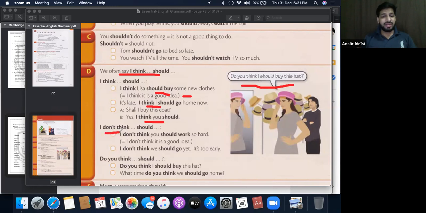Next, I don't think, मुझे नहीं लगता कि आपको ये काम करना चाहिए. I don't think you should. I don't think you should do so hard work. Next, I don't think you should go there. Why? Because it's not a good idea. Okay, so we are using should for advice, desirability, and